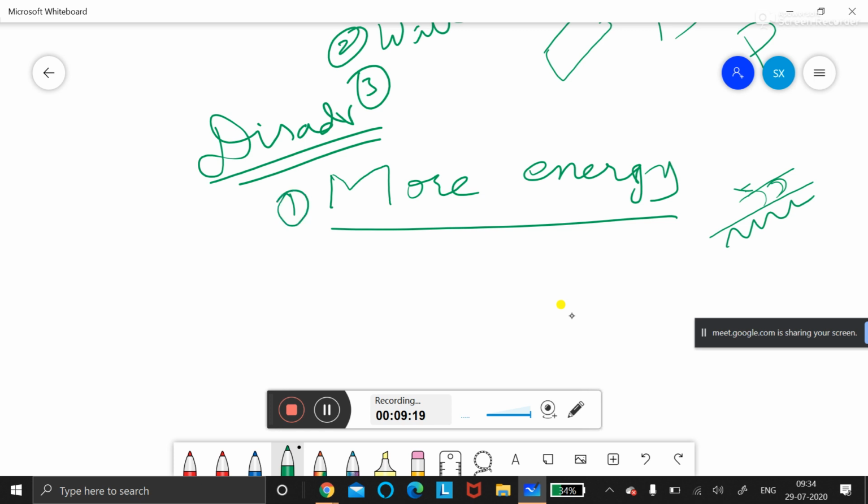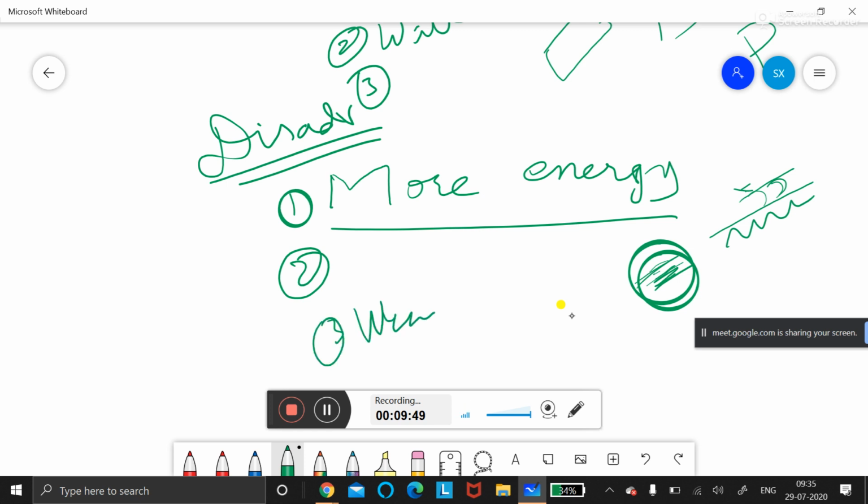Second one is machines get heated up. In machines and all, people who work in machines, engineers, people who studied diploma and all, if you ask them, they will say, even if you go to mechanic shops and check it out, the machines will become heated up and the parts will be burnt out because of the heating up. So this all is a disadvantage for us. Yes, ma'am. Wear and tear takes place in the machines also, not only in the shoes and slippers. Okay, so all these are disadvantages.